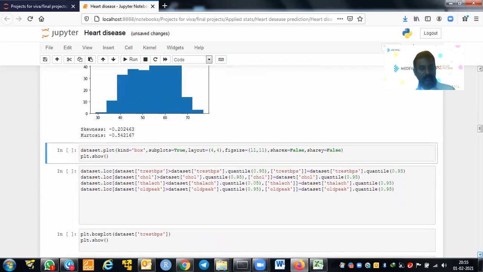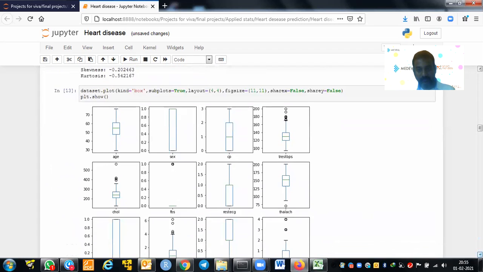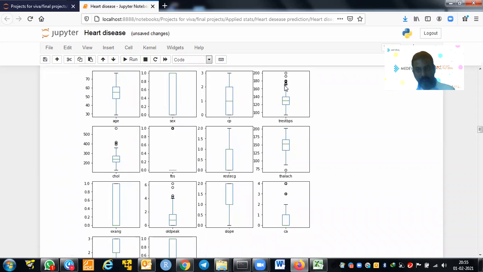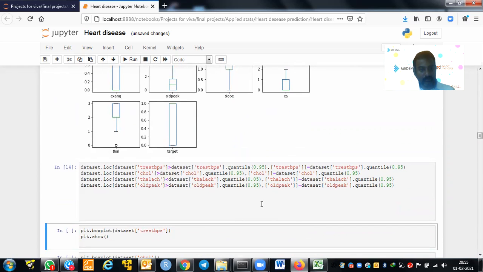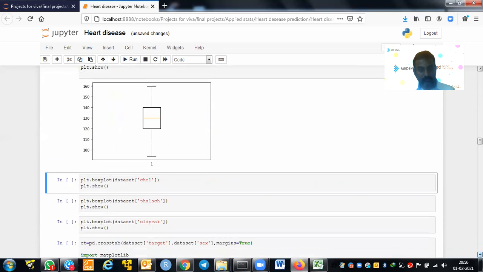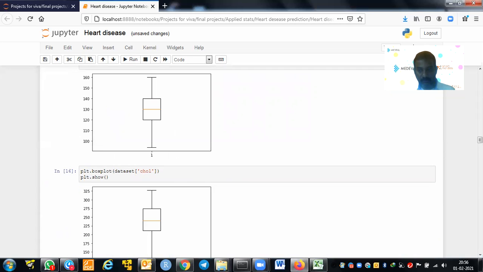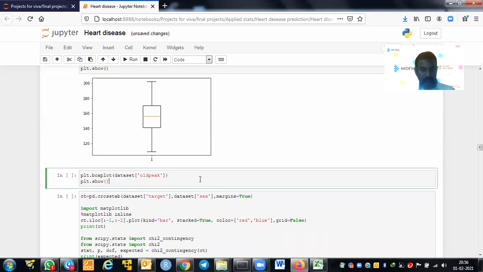Now the next thing is we need to build the box diagram to understand the outliers. So let's build the box diagram for all the variables, and from that we can see whether there are outliers. Here we have outliers in this variable. If the outliers are above the whisker, we put them back to the 95th percentile. If it is on the bottom side, we put them at the 5th percentile. I already ran the code and did the treatment. This variable had outliers, now I removed them. Similarly, cholesterol and all these variables I removed the outliers. That is one step we need to do.